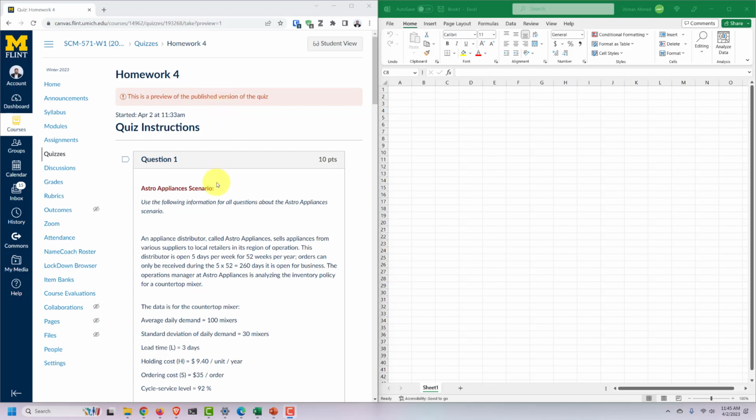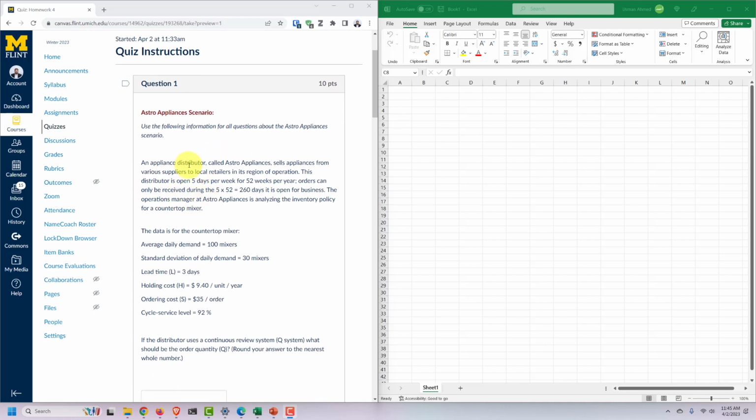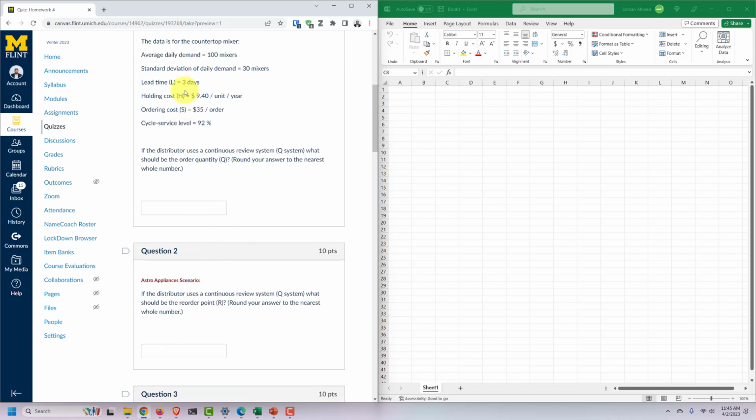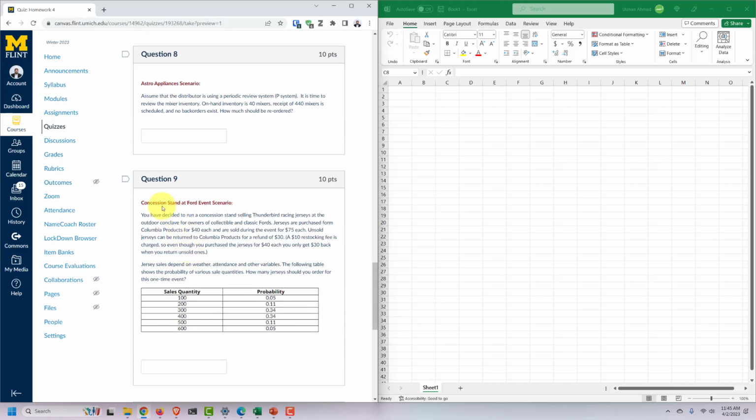In this video, we will be doing some inventory management problems. These are likely part of your homework on inventory management. So we have two scenarios. Astro appliances scenario, we have to calculate a bunch of parameters, and then we are going to do